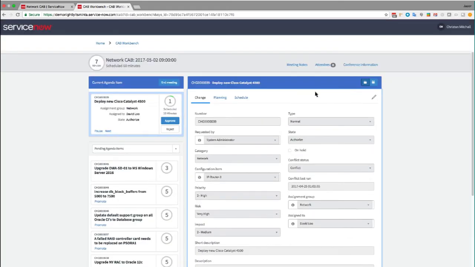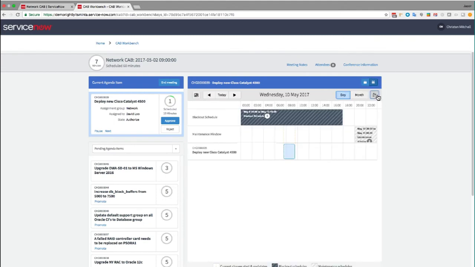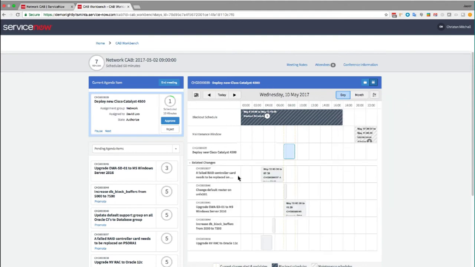I called this a widget within a widget because this space within the CAB Workbench portal also will display a contextual change calendar. And this contextual change calendar can be used to display other potential impact or risk factors associated with this change. At the top of this contextual change calendar, and it has both day and month views,